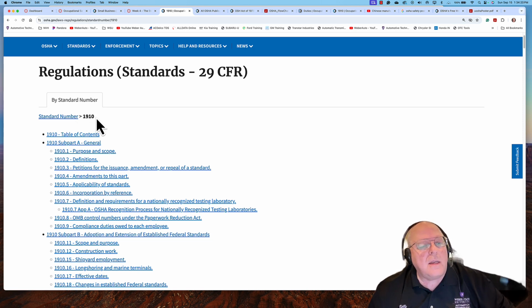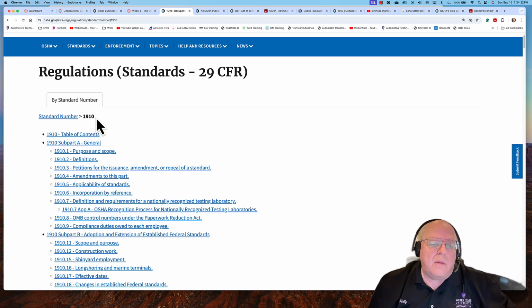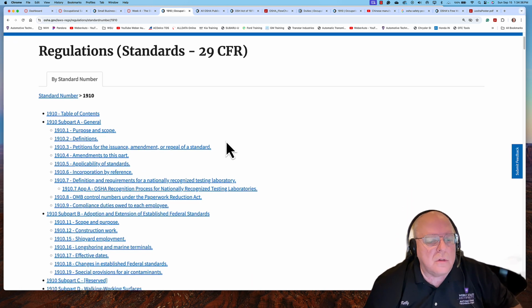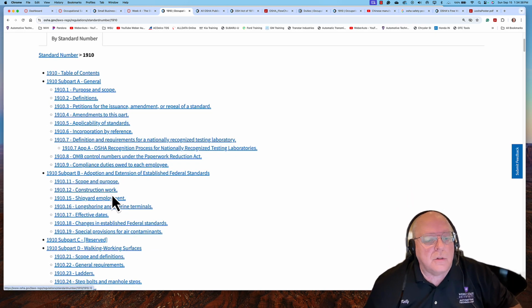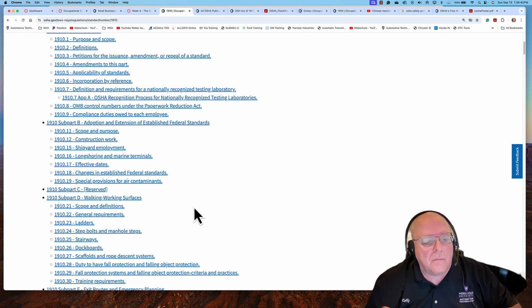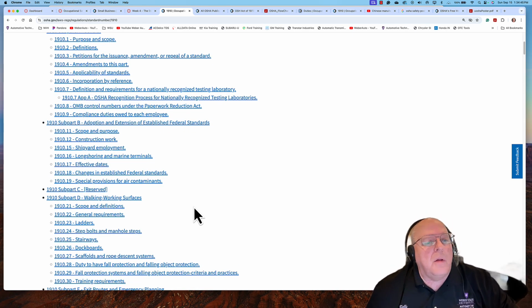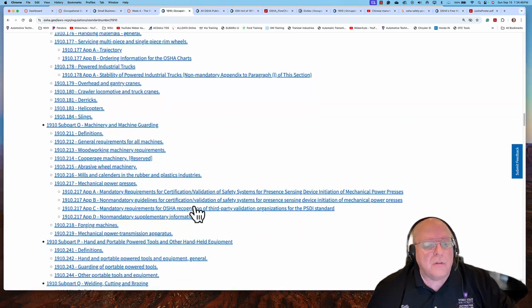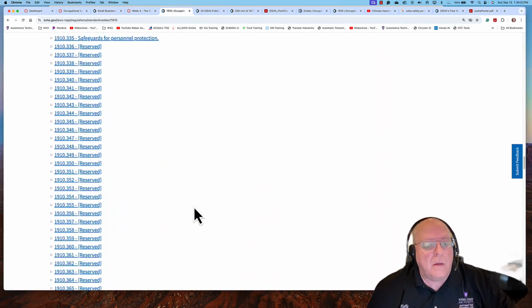And Standard 1910 is where the requirements are for almost all of the work environments that have to do with the automotive industry, along with a whole bunch of other industries also. You can see there's construction and shipyards and other industries involved here. But this is a really long list of different standards that are available,